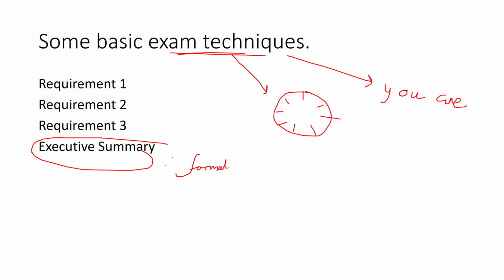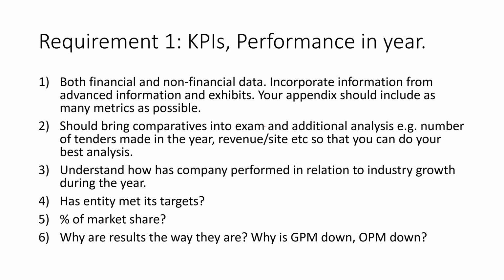Okay, so there are three, just a reminder, there are three requirements and there's one executive summary which goes at the front of the report. And that executive summary summarizes your findings from each requirement. Okay, now let's look at requirement 1 firstly. So this is evaluating the performance, okay, performance in the year. And most of that data is going to come from our P&L